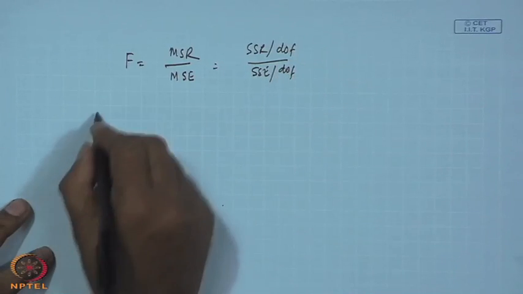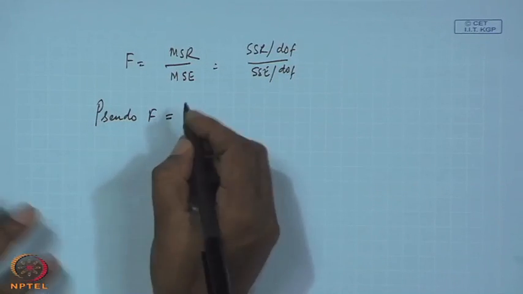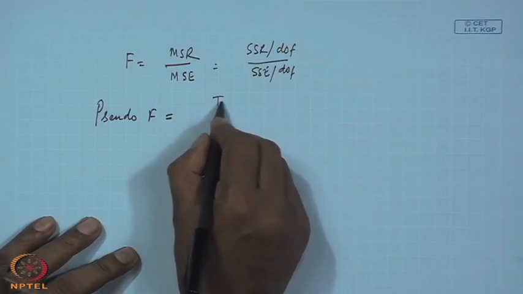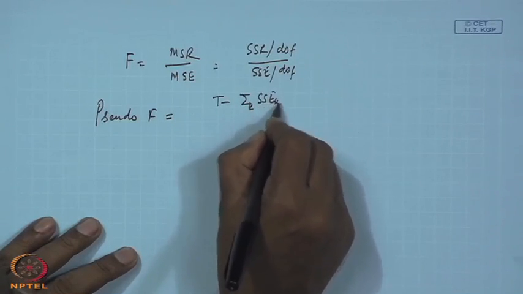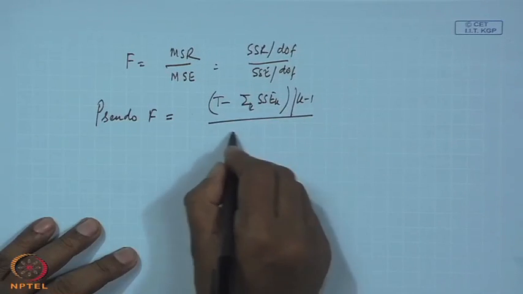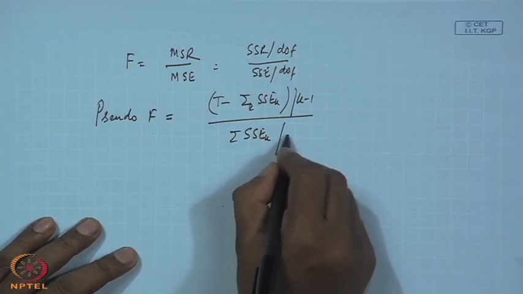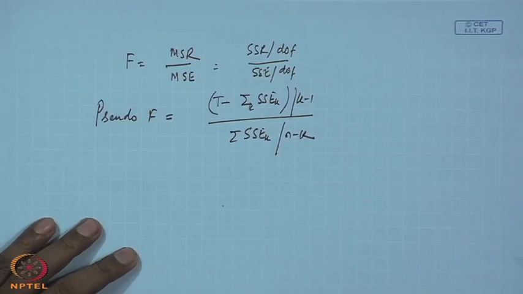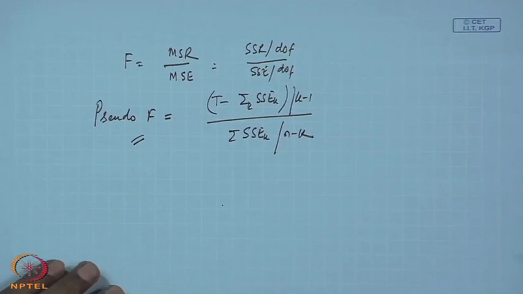Here also you can define a pseudo F, which will be T minus the sum total of SSE k, divided by K minus 1, divided by the sum total of SSE k divided by N minus K. Okay, this is your pseudo F,